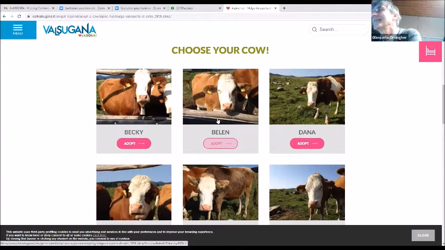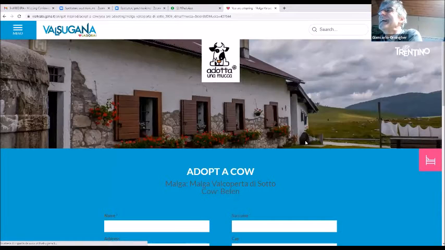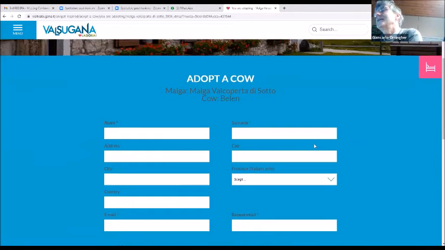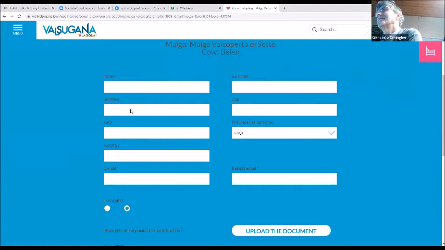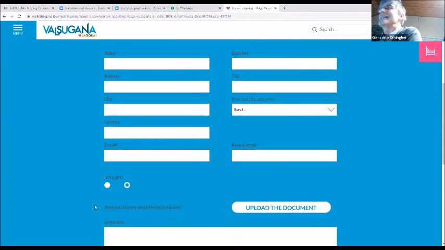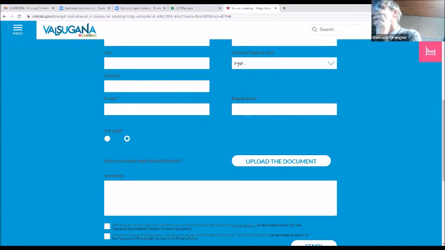You can choose Belen, and you can adopt it, filling in your name, your data. You can adopt Belen, in this case, as a gift for another person, and when you have finished filling the form, some days later, you receive the document with the identity card